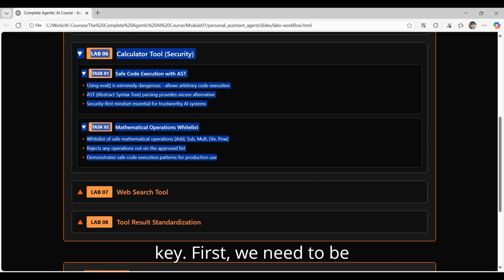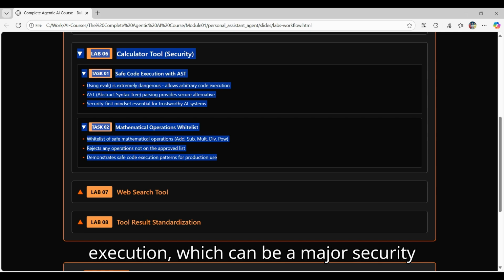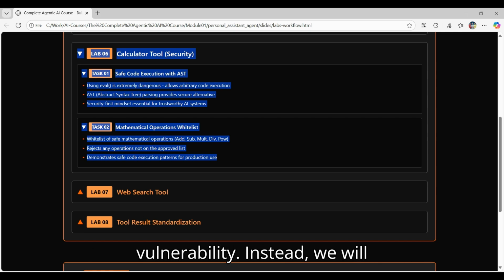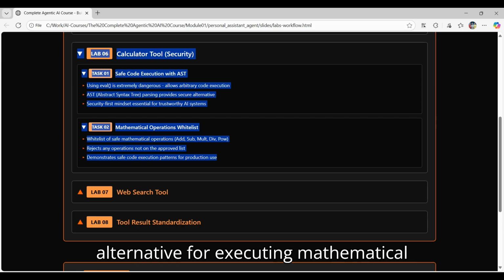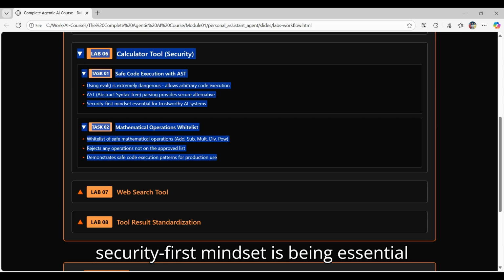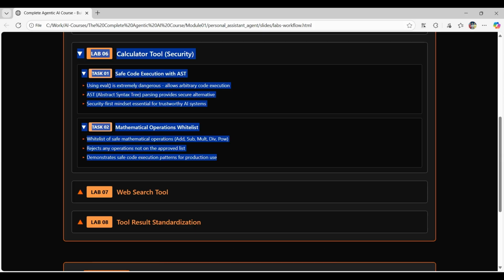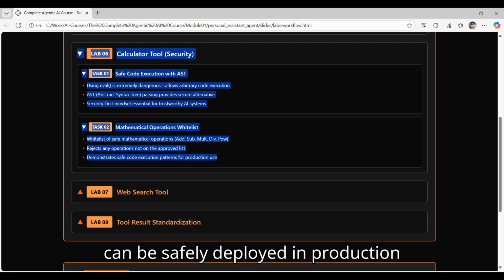First, we need to understand why using eval is extremely dangerous. It allows arbitrary code execution, which can be a major security vulnerability. Instead, we will be using abstract syntax tree parsing, which provides a secure alternative for executing mathematical expressions. Having this security-first mindset is essential for building trustworthy AI systems that can be safely deployed in production